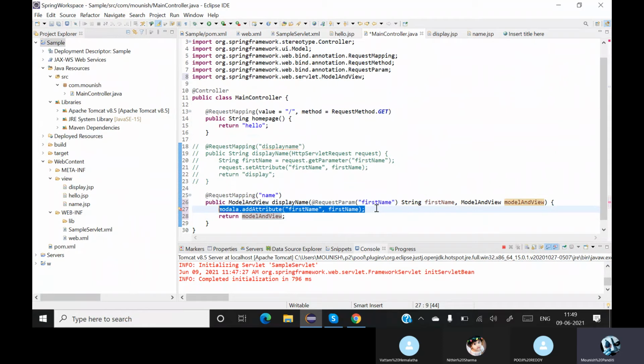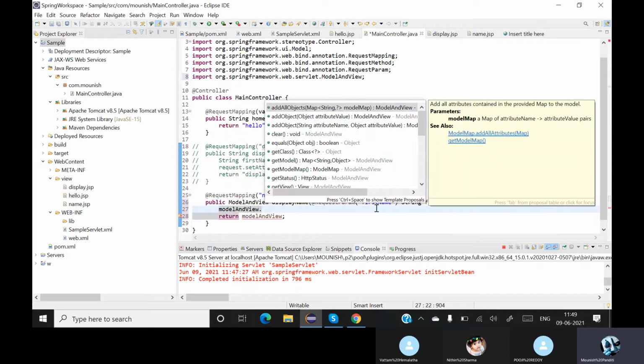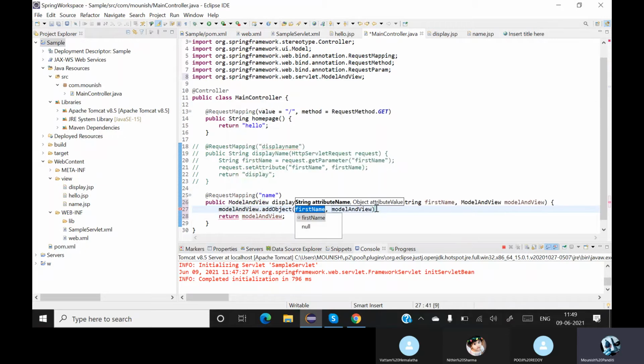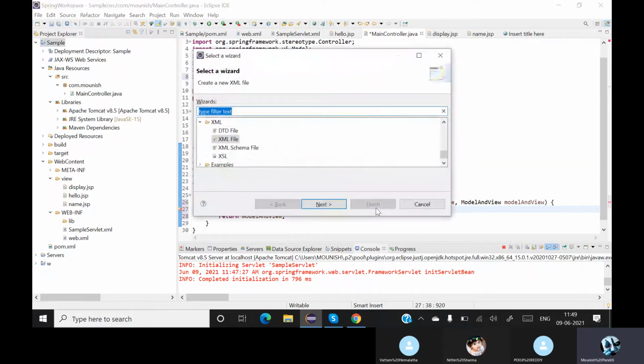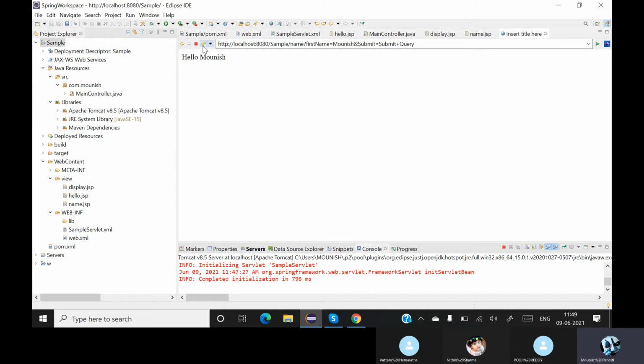Okay, so now over here let me call upon my model and view dot. Here there is a method called add object. Same thing, no changes. The only thing is this is faster when you compare with any other things, the model or whatever you call. So let this be first name. Done. Same thing, no changes. You rerun it, go back, run this, you will get the same thing. Got it?